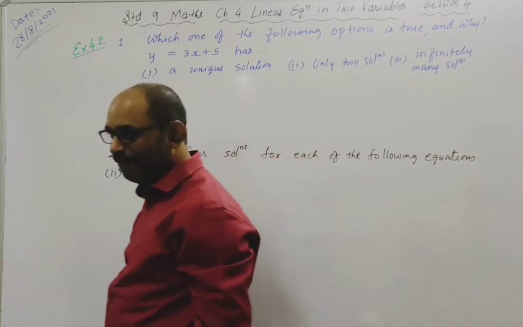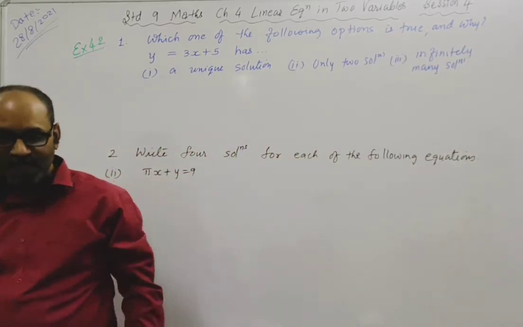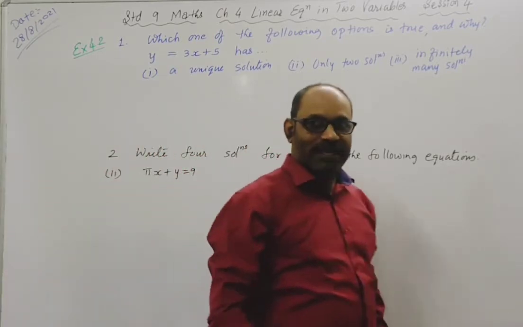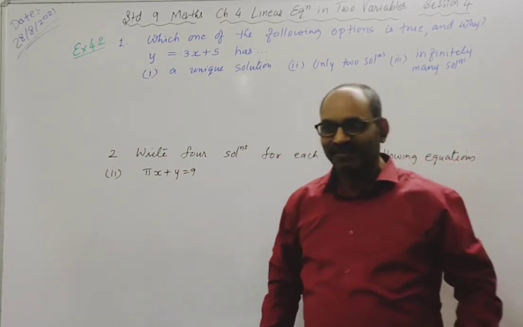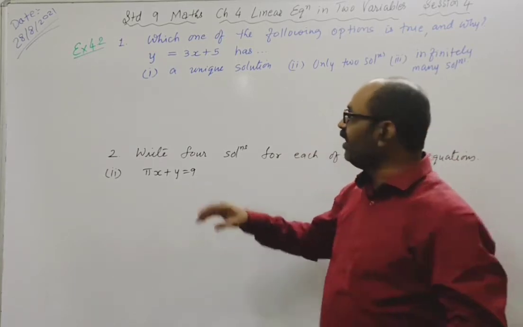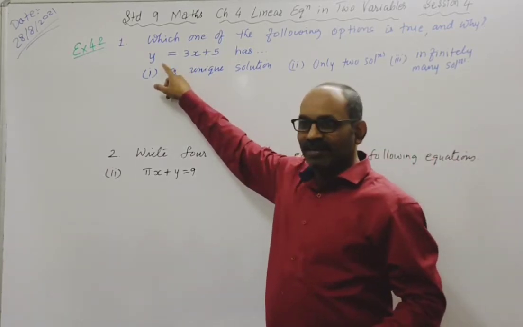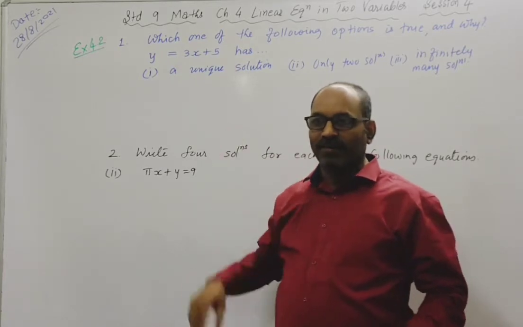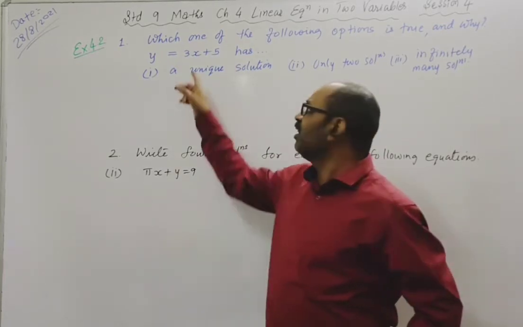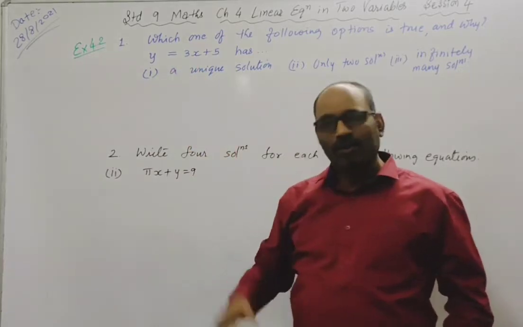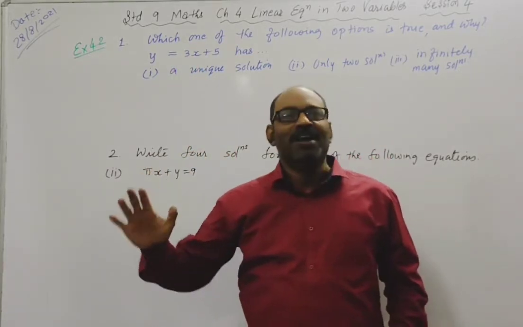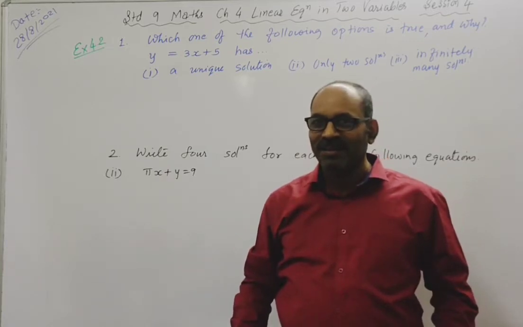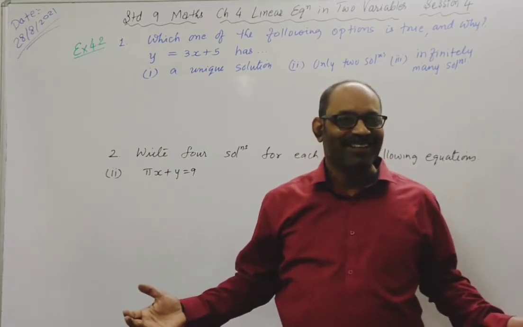What is the answer? I'm getting two answers, unique solution and infinite solution. What is correct? Acha, let's decide. Here is one equation given. Is it linear equation in one variable or two variables? Obviously, there are two variables x and y. Though it is not in its standard form, it is a linear equation in two variables. So how many solutions it has?